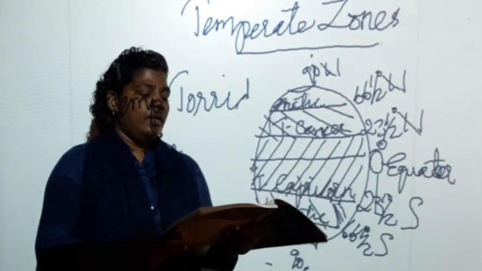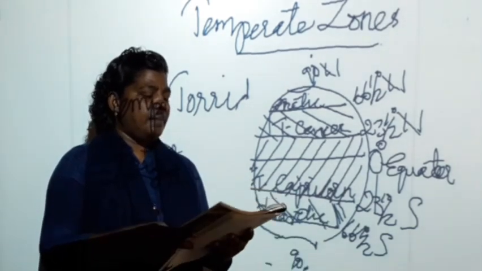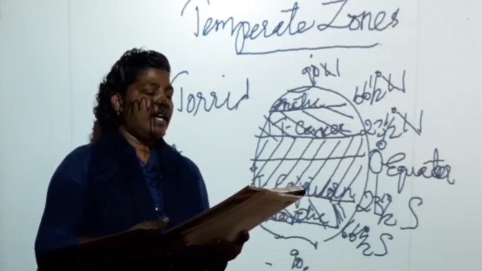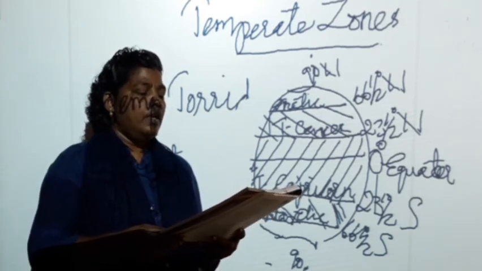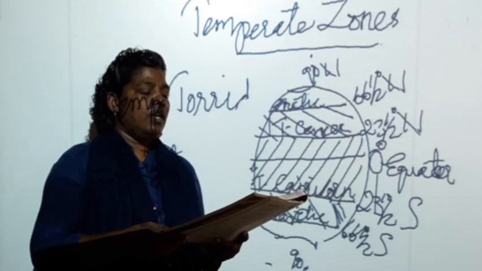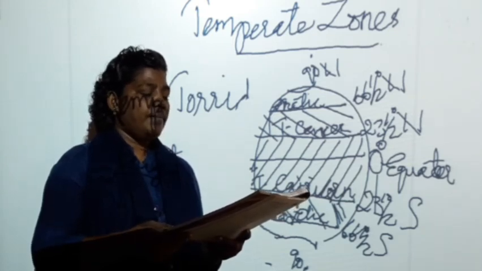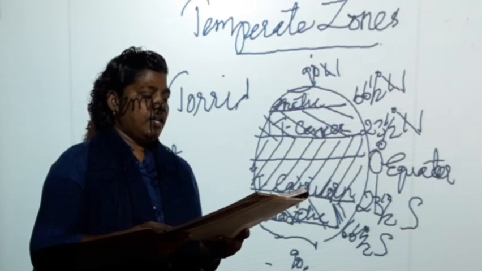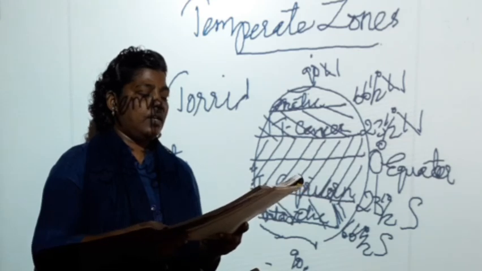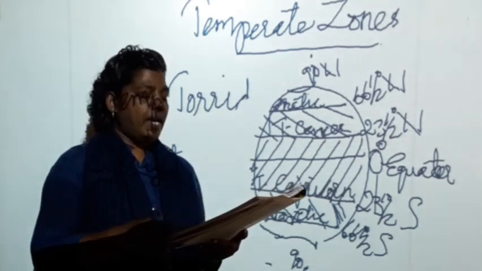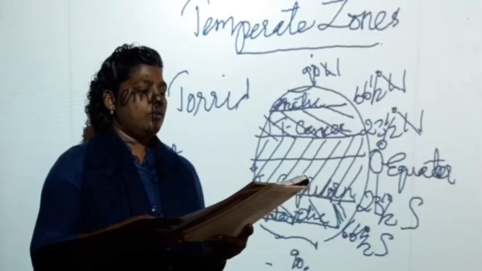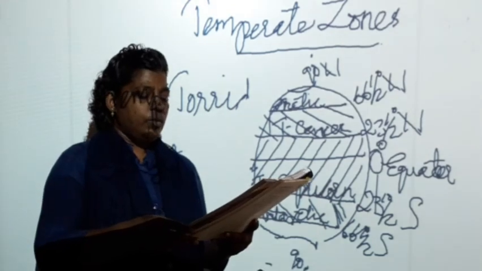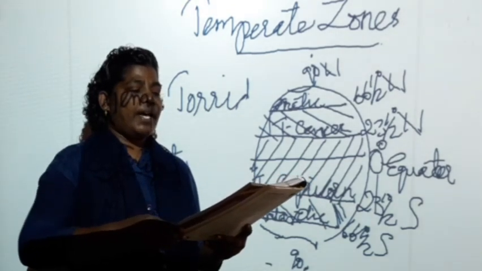Then come to the subheading grid system. First 3 lines, mark for C8 question. The same third line, last latitude sort. From there till the end of the paragraph, 30 degree north, 45 degree north, 60 degree north, 30 degree south, till the end of the para, you can mark it for C7 question.